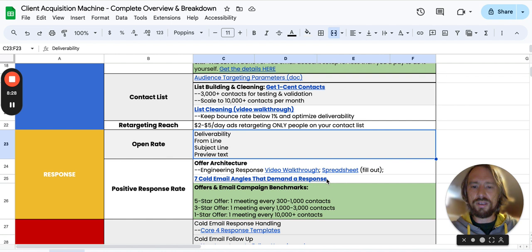And then the other thing that you'll want to explore are these 7 different cold email angles that demand a response, and that will help you script emails that do everything they can to get someone interested and raising their hand. So some results that you can expect are, if you truly have a 5-star offer, then you should be